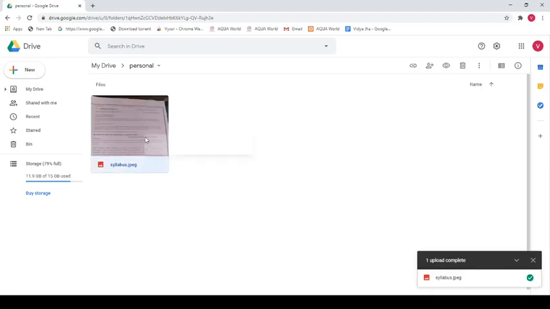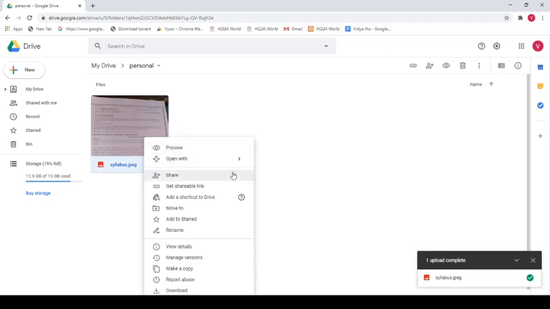So it totally depends on what you want to upload. Now you can share, you can move to, you can rename, and there are various things. You can make a copy, you can download it. Suppose you're using a certain computer right now, and say after 10 days you need to shift somewhere, or after 10 days you don't have this computer for some reason, or you have just your mobile. So what you can do is you can simply take this and open it at any place you are right now.